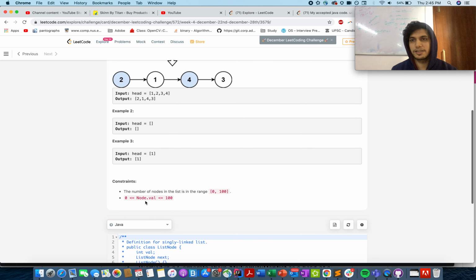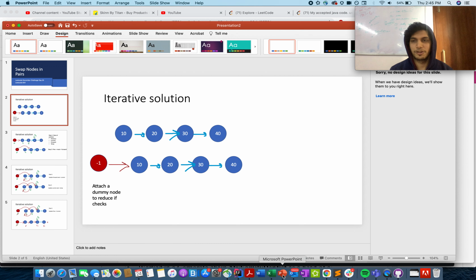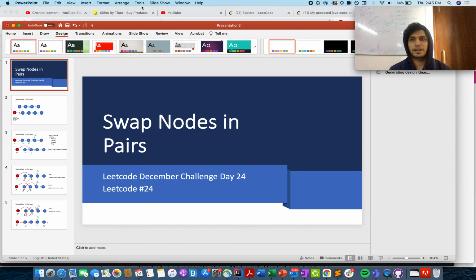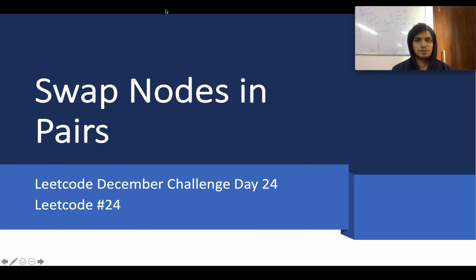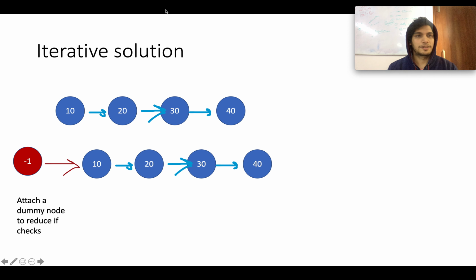So let's look at the algorithm for this. It's not a very complicated problem. It's a simple problem where you can simply use two to three pointers and operate on the linked list and define the algorithm there. So I'll propose the iterative solution first.